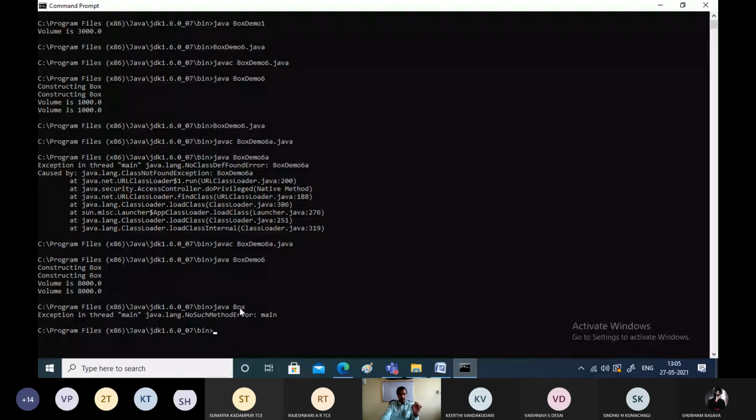But when I give java Box, because that is also a bytecode, it will throw an error message. What is that? Main is not defined. It clearly says no such method error. Which method is not there? The main method is not there. In which bytecode? The main method is not present in the Box bytecode, but it is present in the BoxDemo6 bytecode.